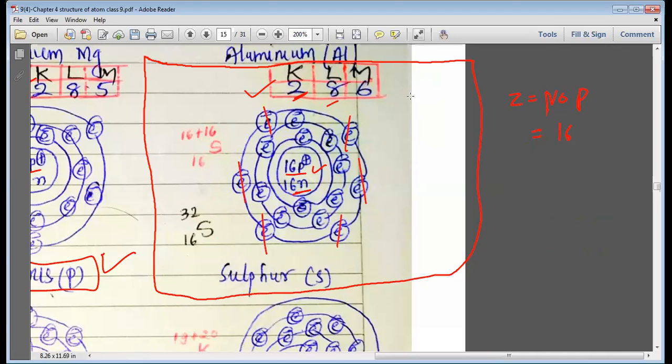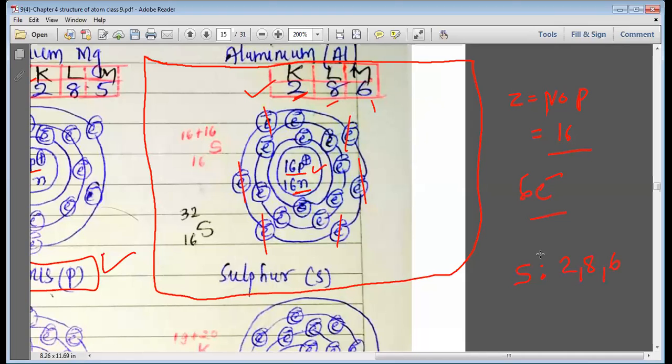If you have atomic number more than 10, then you can say that in L shell you will always have 8 electrons. So here you have atomic number 16. That means you can easily say that K shell will have 2 electrons and L shell will have 8 electrons. And as it is 16, so 2 plus 8, 10. Now the 6 electrons are left, and these left 6 electrons are filled into the M shell. And this is how we can write the electronic configuration for sulfur as